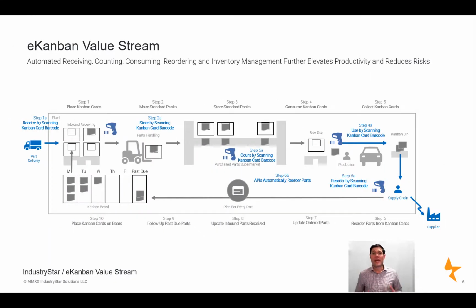Let's face it, the pace of change has broken many of our supply chain systems today. As such, the chances are high that you're listening to this talk to uncover some additional automation tips to further reduce your manual workload. And you're not alone. Many supply chain leaders are replacing manual steps with automation. Below are 6 common additional automation steps that can be added to a Kanban 2.0 system to enable an eKanban